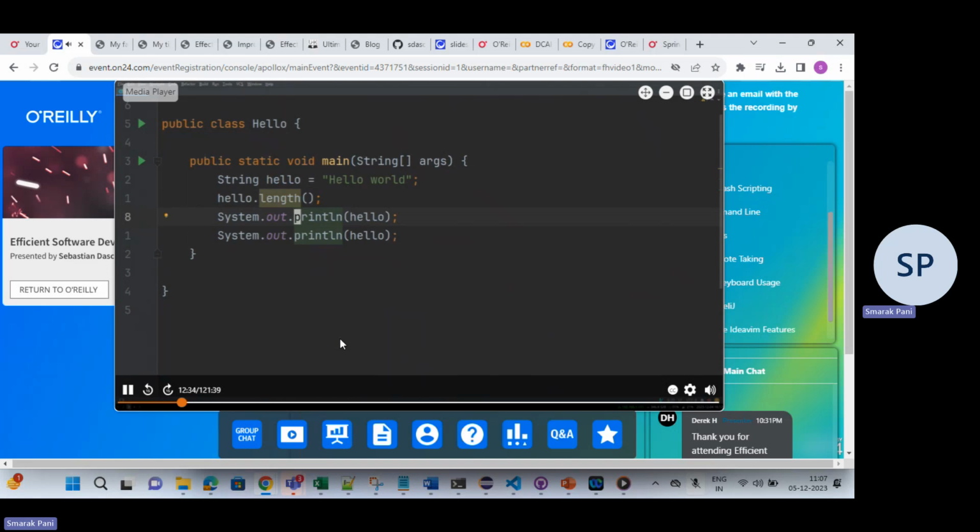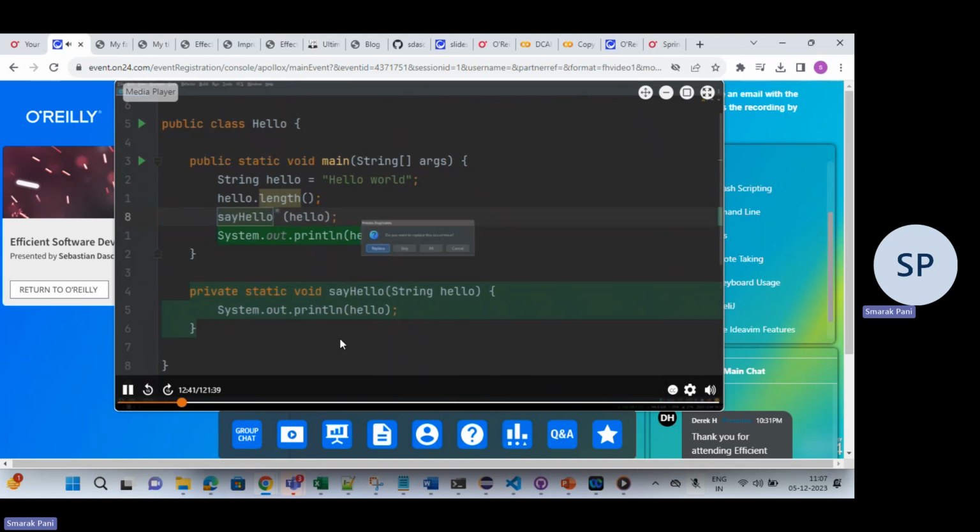The same is true for anything that I have. If I would like to extract a method and rename that method, so for example, I call this sayHello. Let's replace this as well. I go here and say, okay, please rename this as well. And it renames all the invocations, which is much safer than to just change these strings myself and break the code. And then I see, if I have a statically compiled language with the compiler, that it doesn't compile anymore, and then I can fix it. But of course, I should use the IDE features. All of these things are examples for automation.